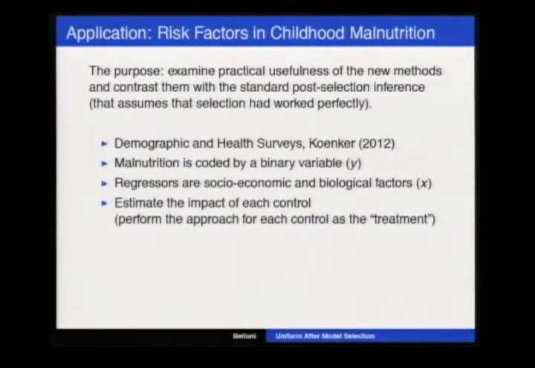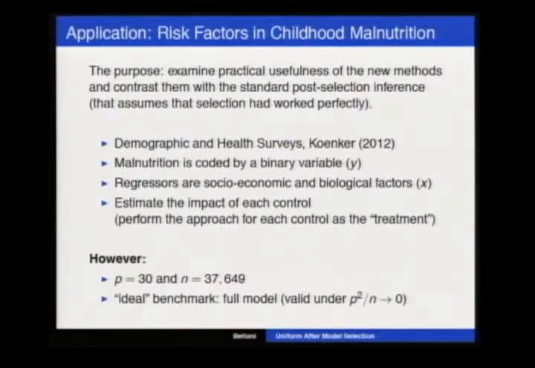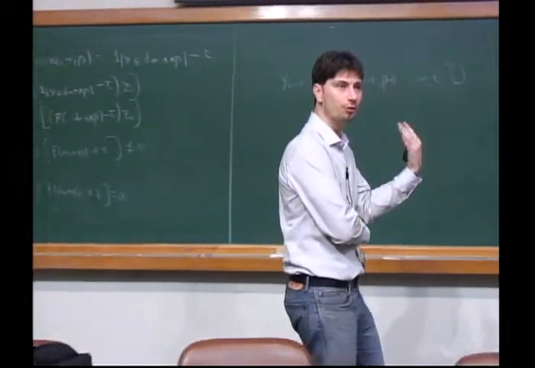What we have here is a bunch of controls, and a binary variable that codes whether a child has malnutrition. In this case, we have only 30 variables and 40,000 observations. So what we want to use this example for is to make the point that